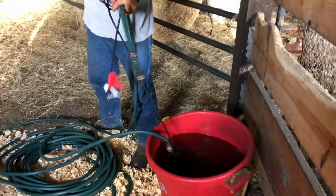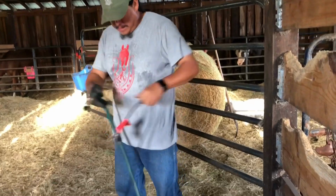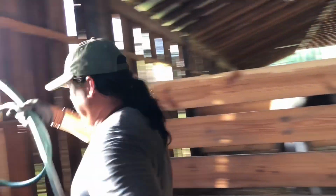And I guess it's about 10 days. Next thing you know, you have mosquito larvae hatching in there. And it's my fault that there's mosquitoes all over the farm. So really,